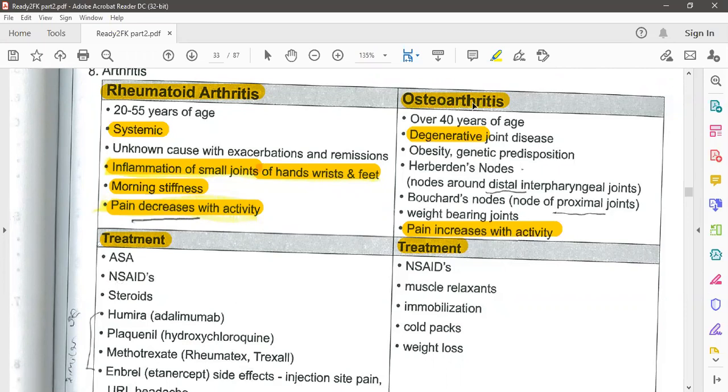What about osteoarthritis? Osteoarthritis is a progressive degenerative disease of the joint or articular cartilage in the joint. The risk factors of osteoarthritis are usually obesity, genetic predisposition, older age, smoking, or repetitive stress of the joint. So other signs and symptoms are